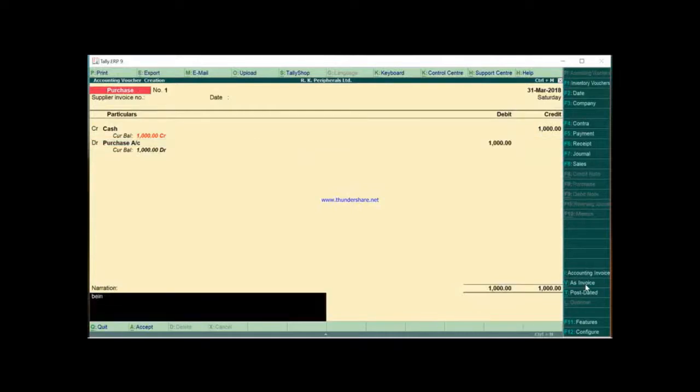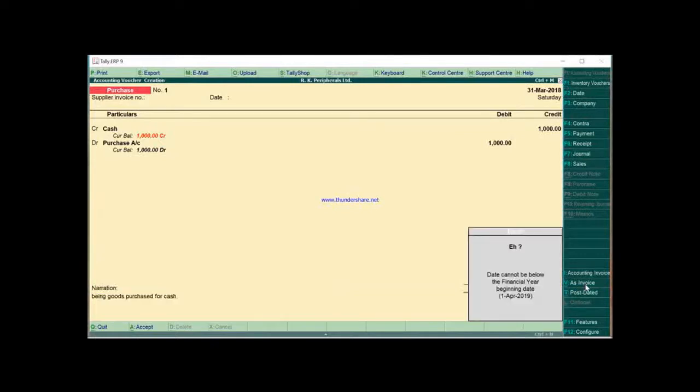So here being goods purchased for cash. Okay.